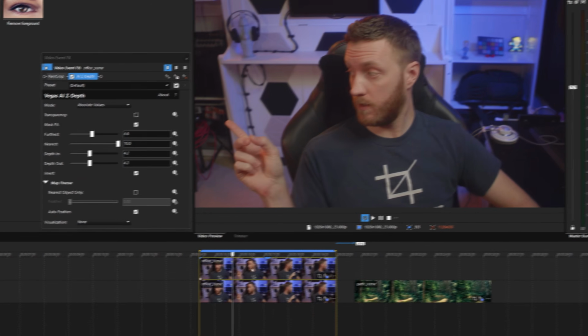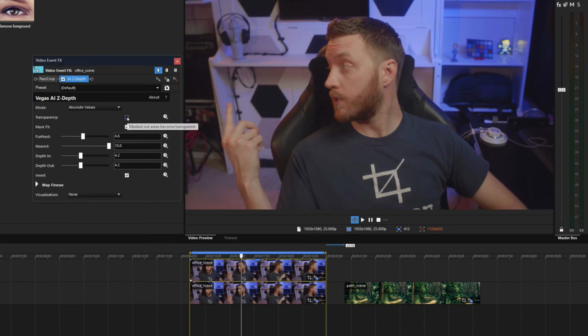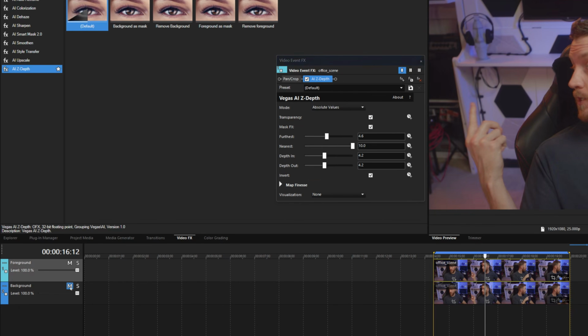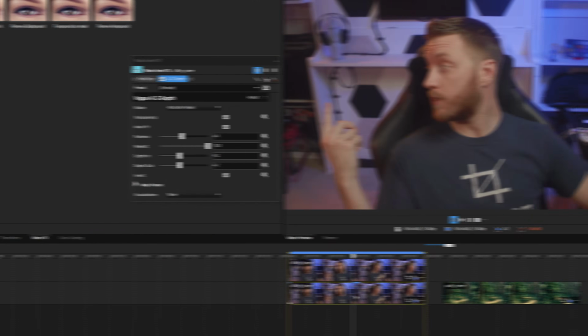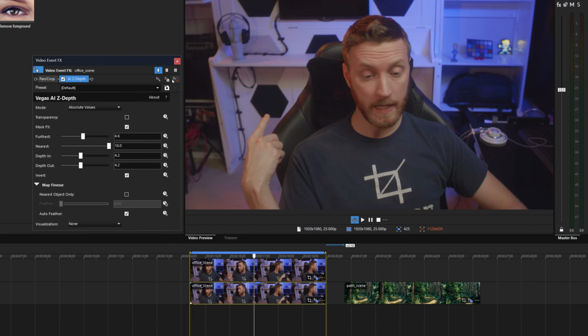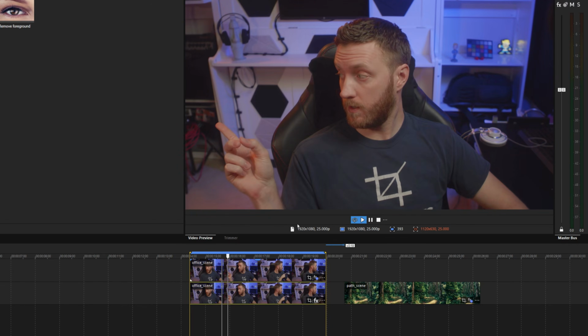And in my foreground, I'm going to keep the mask that I've refined there. I'm going to select it and I'll make sure I turn transparency on. So if I mute this track, I now have nothing in the background. So this is specifically a track for foreground. I'm going to unmute the bottom background track, go to its effects and delete the AI depth effect. So it's just a clean palette, right? I now have a masked version of me